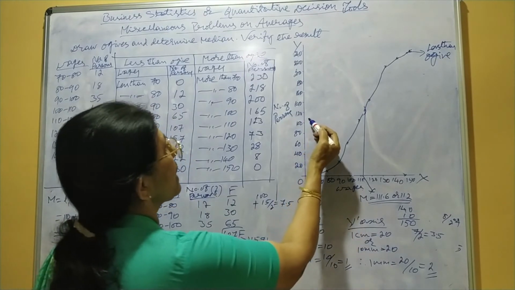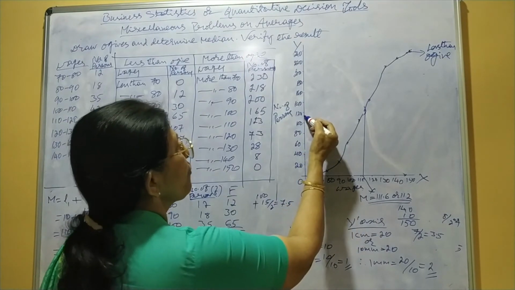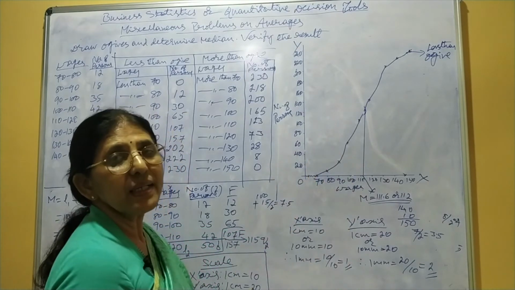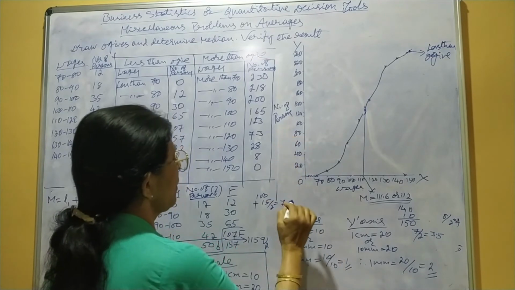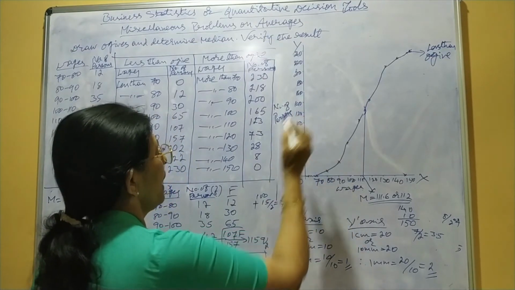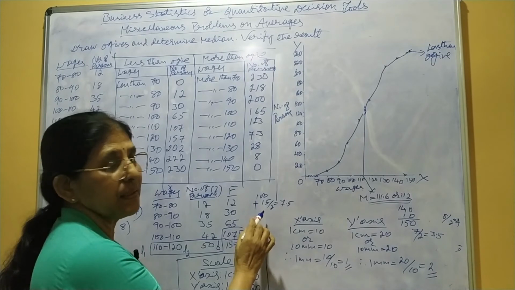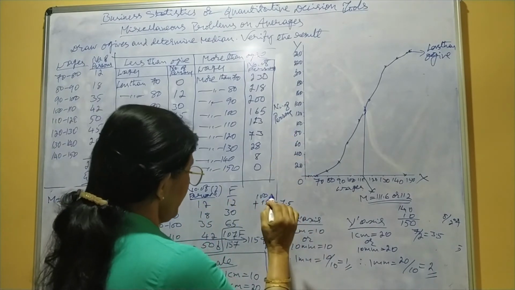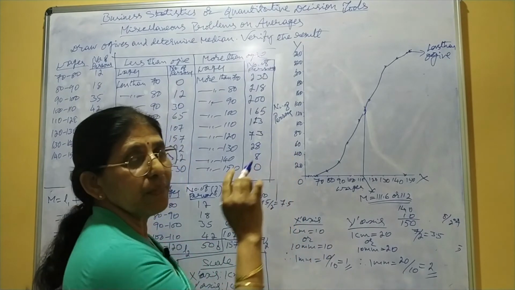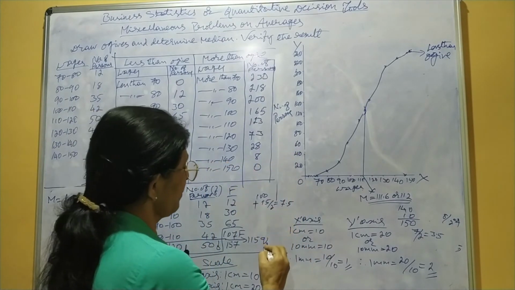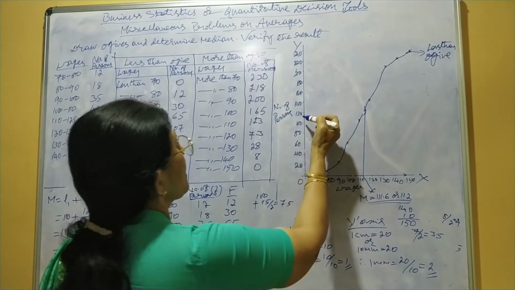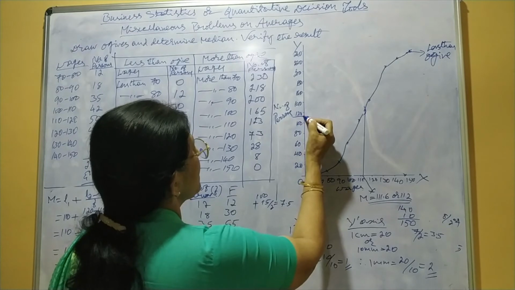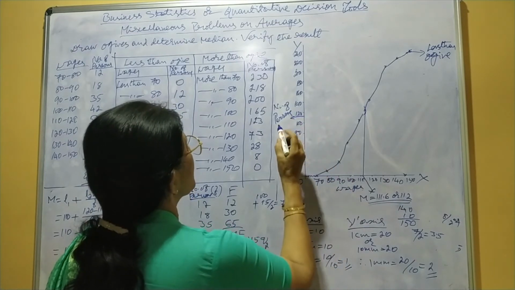That means we have to take 7.5 millimeters above 100. 100 plus 15, 15 divided by 2, 7.5. Each millimeter measures 2, that's why we have divided by 2. Take 7.5 millimeters above 100. Here locate